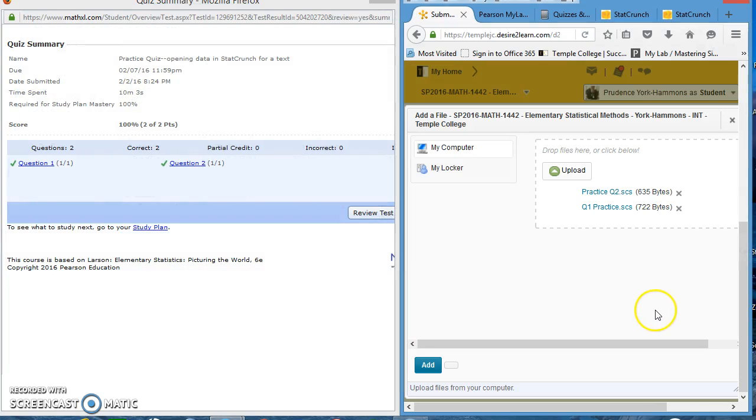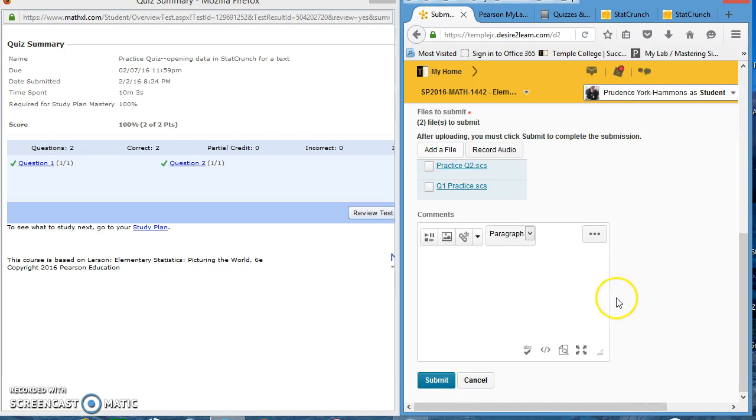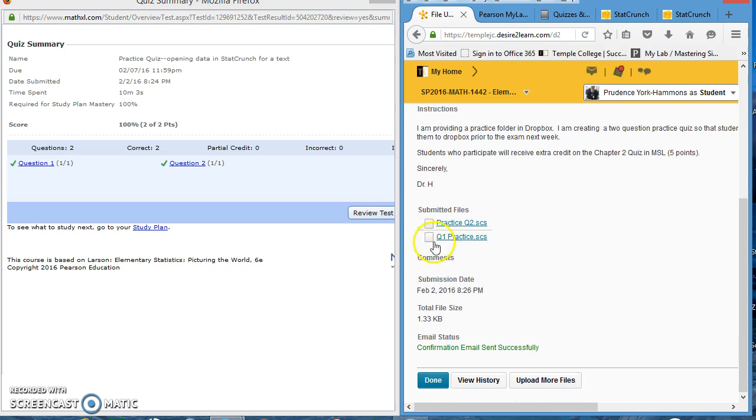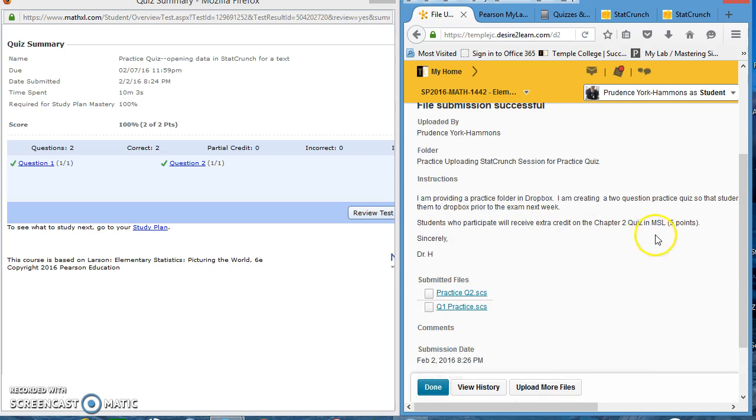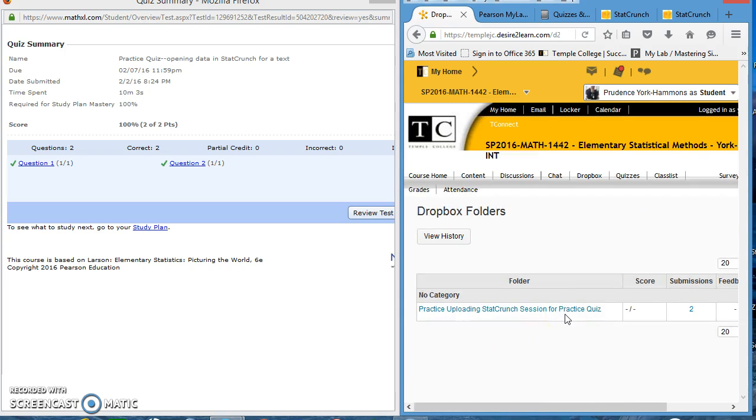I'm going to open them, and I'm going to make sure that they both showed up, and I'm going to add them. So there they are in my files. I'm going to click submit, and it shows the submitted files. It also shows you're going to get extra credit if you do this. And just click done. And you should receive an email from Temple College saying that you had submitted